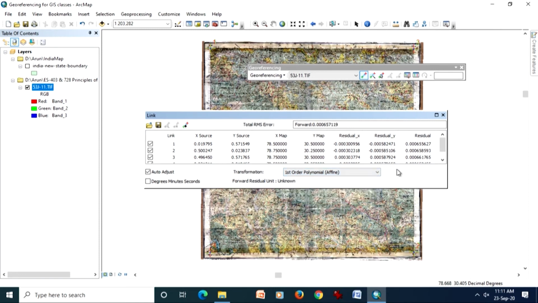But if we collect 6 points, then definitely the option for second order will also come. And if we collect more points, then we will also get the option for third order and so on. So the software has been designed nowadays so that you will not commit a mistake.